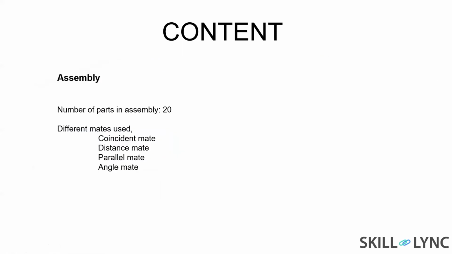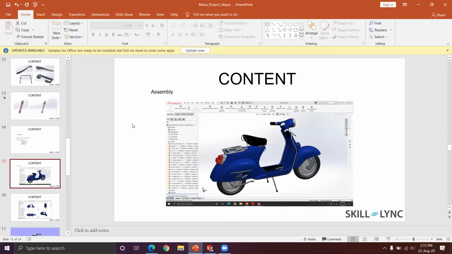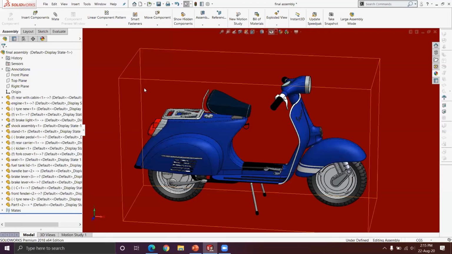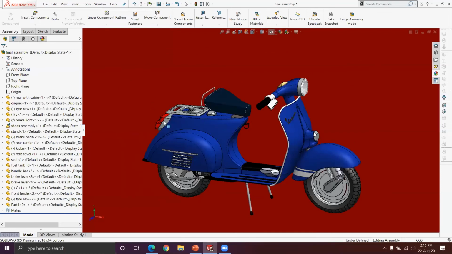Now coming to the assembly, there are a total of 20 parts, and the mates I have used are coincident mate, distance mate, parallel mate, and angle mates. This is the assembly file. Here I have inserted all the components.